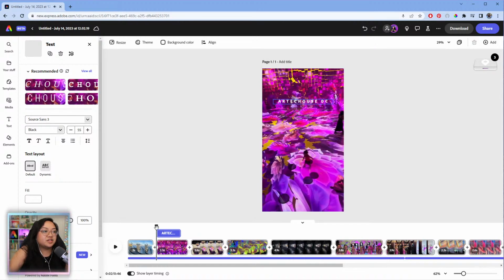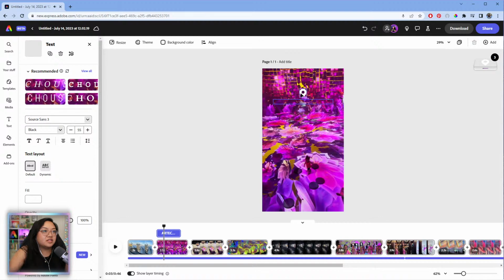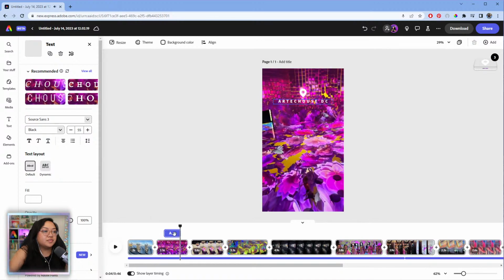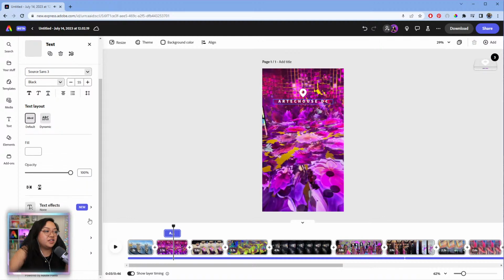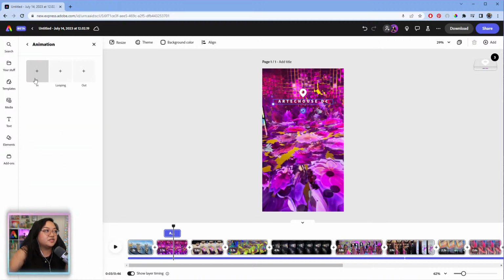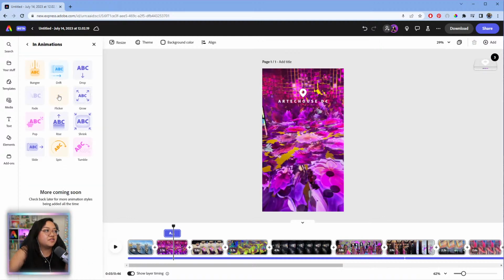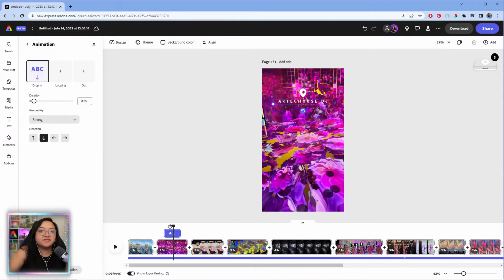Okay, so for the Art Tech House, this is when the pin drops, and then for our tech house, I want it to come in here. Okay, so flicker is not working for me, so let's actually pick a different effect. Let's do drop. Drop seems fine.